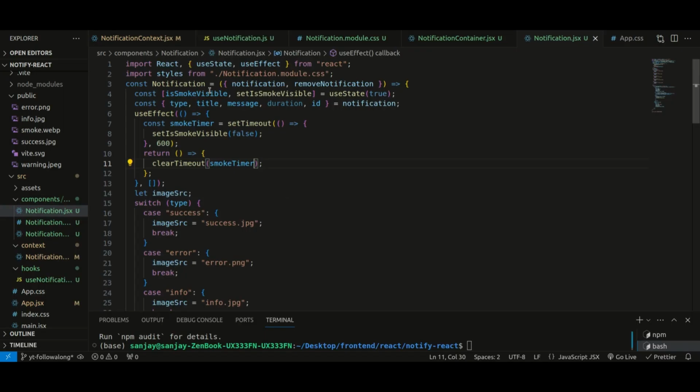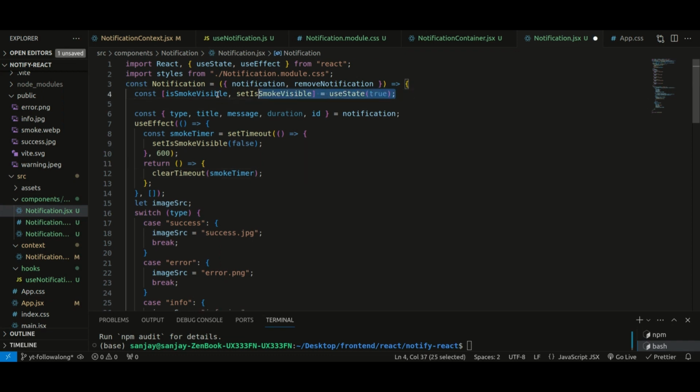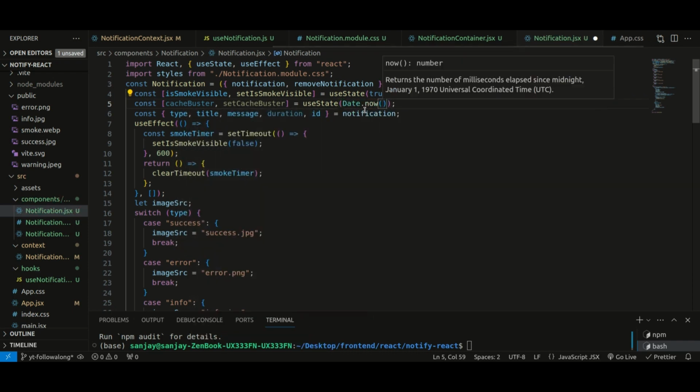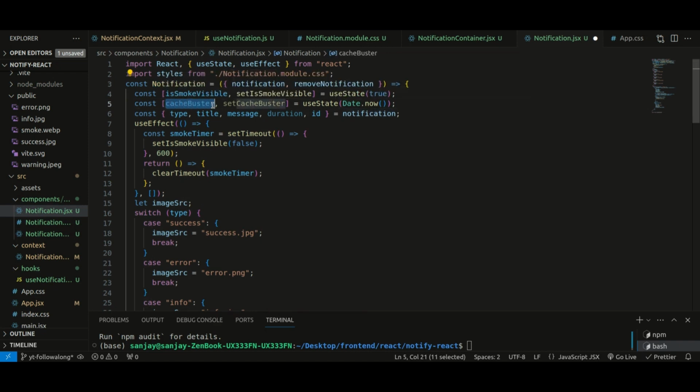So similar to isSmokeVisible, we'll also create another state, let's call it cacheBuster, like this. And each time we will create a new value for it dynamically. So we'll use the Date object for this. So what we'll do is we'll do Date.now. So the idea is that every time a new notification component is rendered, we'll create a new value for this